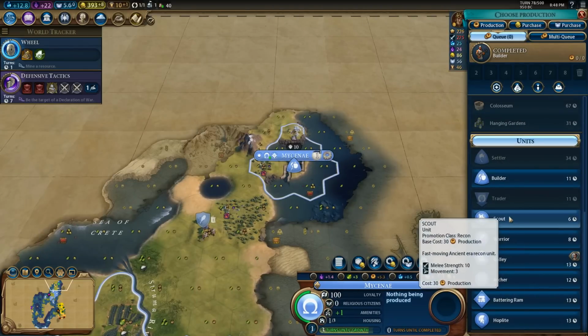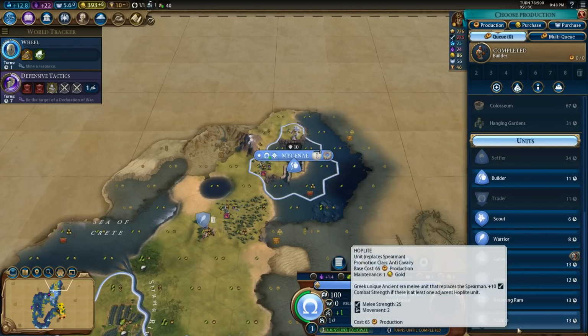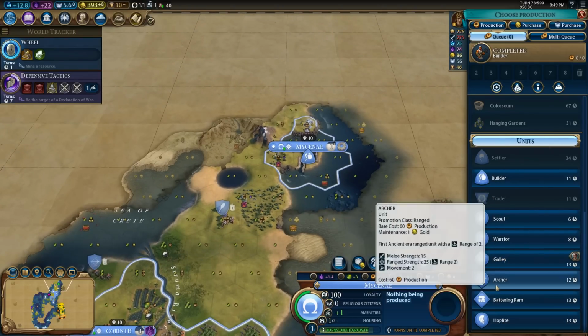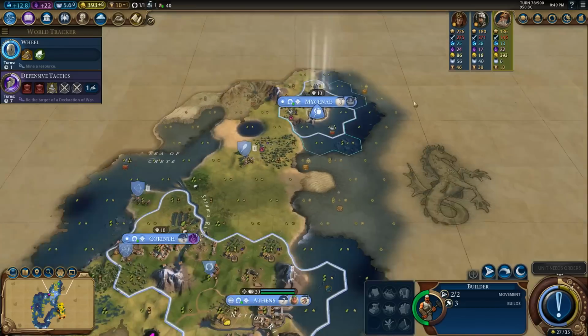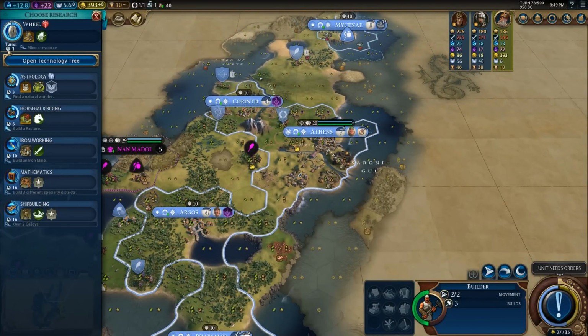What are we looking at right now? Checking our era score. We're 8 points away from the next thing there. We always have the option of getting a hoplite. I think we're going to queue up a galley here just to get the first boat progress and also just to be able to start exploring the water a little more. What else are we looking at? We're about to get our...